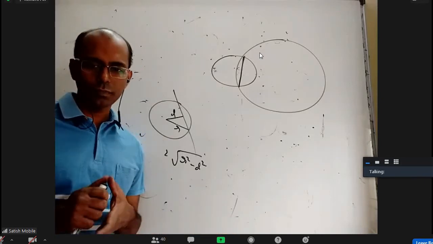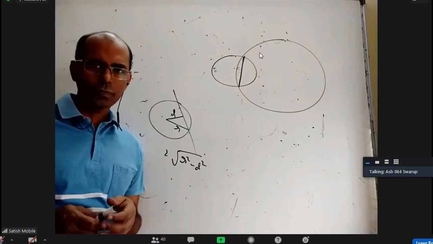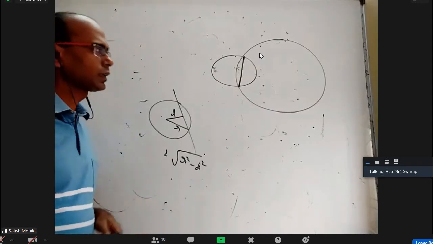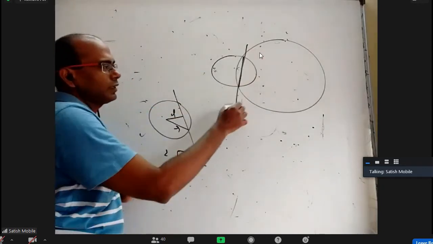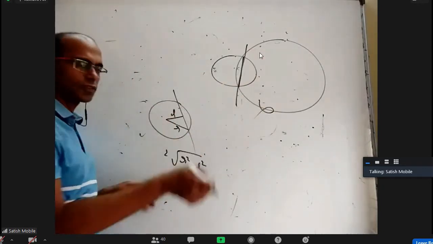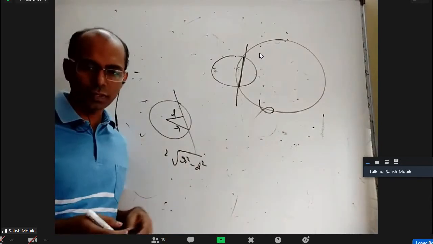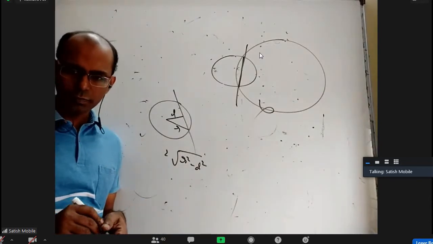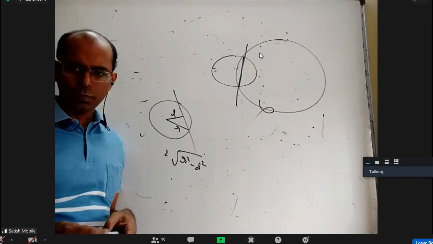That is the question. Sir, by subtracting the two equations, I'll get the common chord. Then we'll do the same thing. Yeah, just subtract these two, you'll get this line. Forget about one of the circles. Use 2 root r square minus d square for one of the circles. You'll get it. Very simple, right?